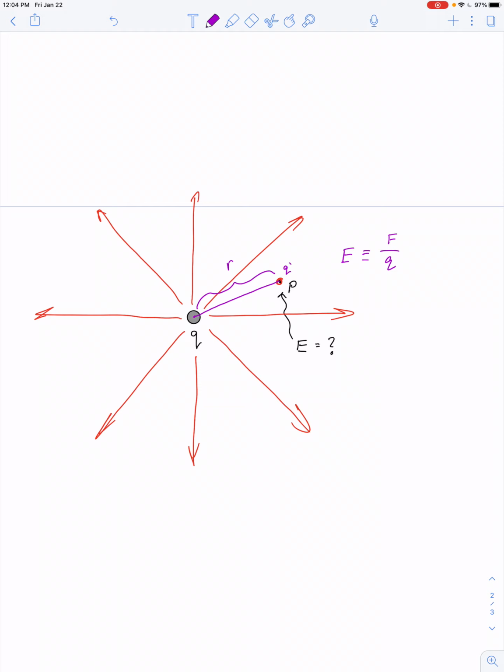Whatever other charge Q I'm going to put here, the force that this charge Q would experience if it was exactly 1 coulomb of charge at that point P, the amount of force per that coulomb of charge is the electric field at this point. But even if I don't put the 1 coulomb charge there, the field still exists. So, based on Coulomb's law,